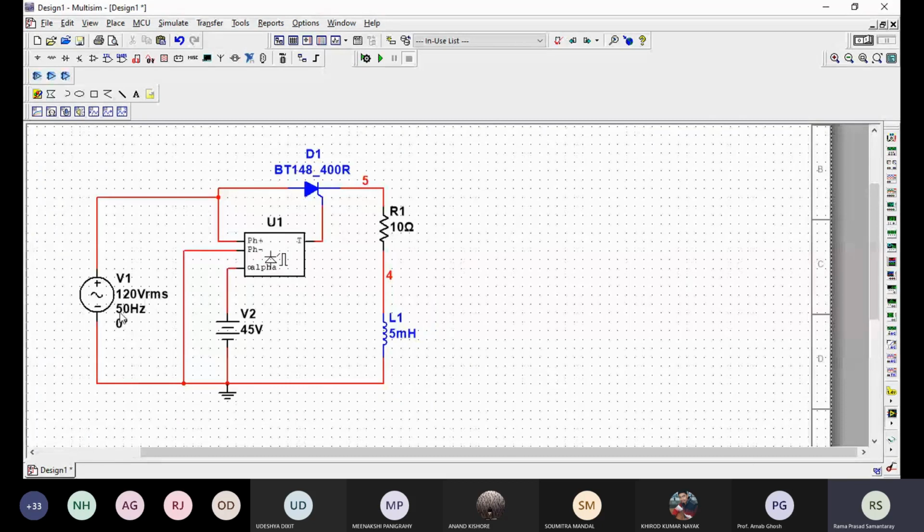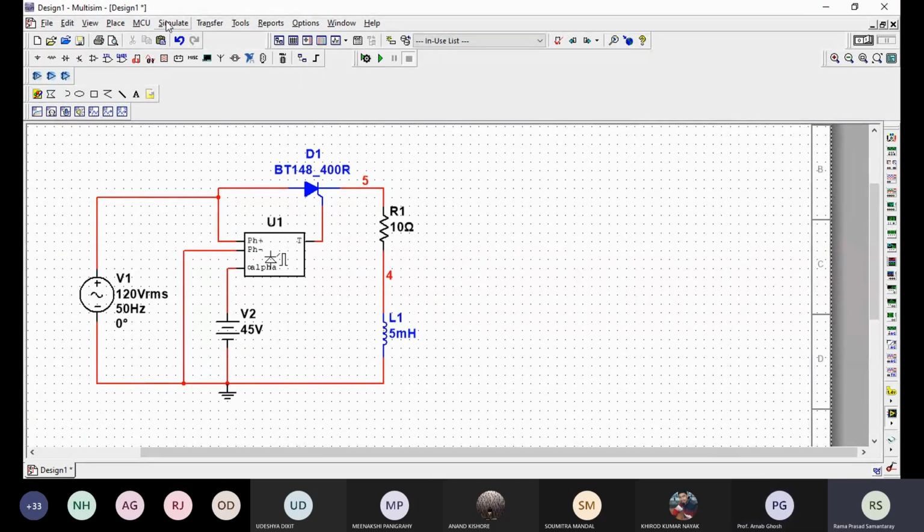Your voltage source is given 230 V, 50 Hz, and this is your ACR. Whatever ACR I have taken, you can take any ACR. And I told you that you can see the waveform by varying a variable inductor. So it is better to take a variable inductor so that you can adjust the waveform, and as per the accuracy of the waveform you can choose the corresponding inductor value. I have taken here 5 millihenry, resistance 10 ohm RL load, and the 5 written in this node means V5 is the voltage across RL.